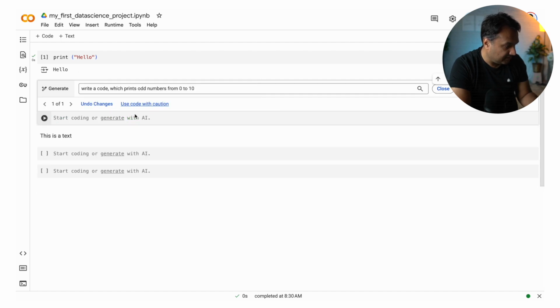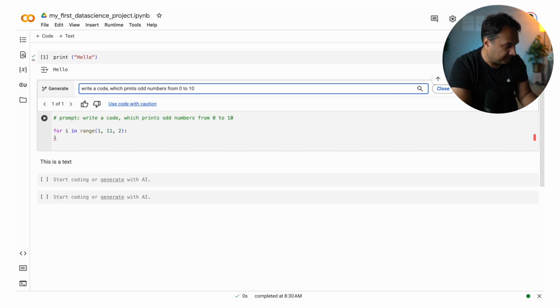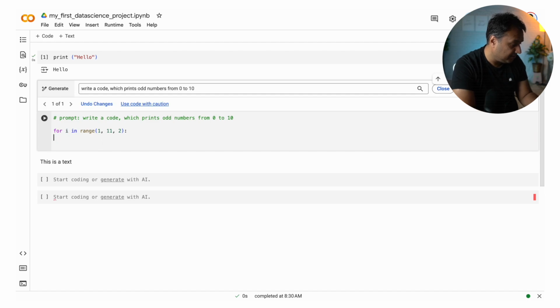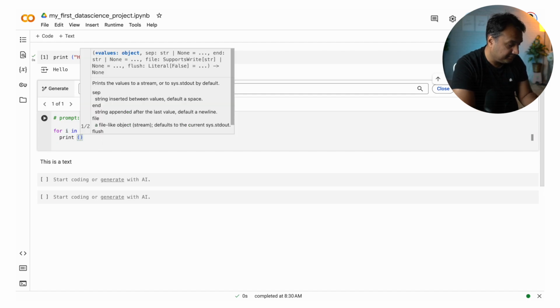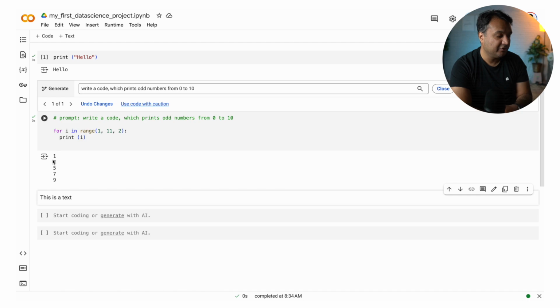Oops, did I mess up anything? Okay, it has written the code, but there's some problem. Yeah, now you can see, I have to change a little bit, but the code is not working. So there's a lot of AI support. I'll show you more as we go into it.